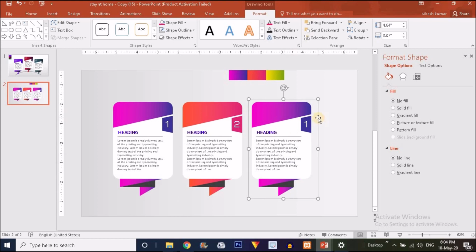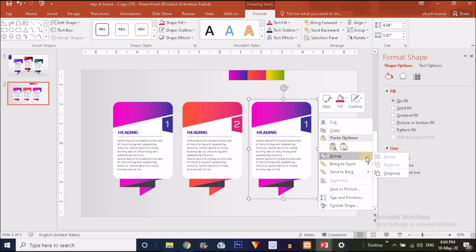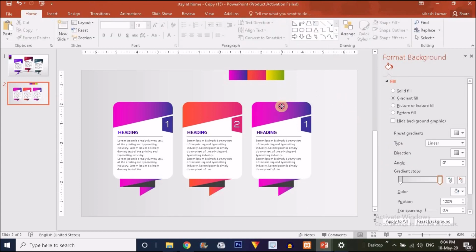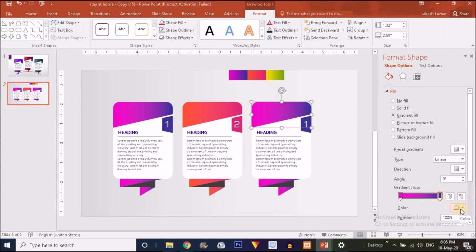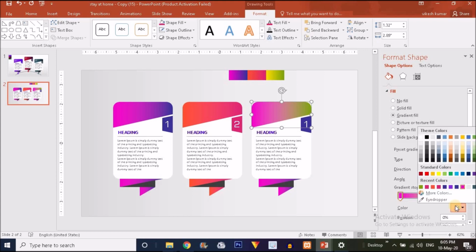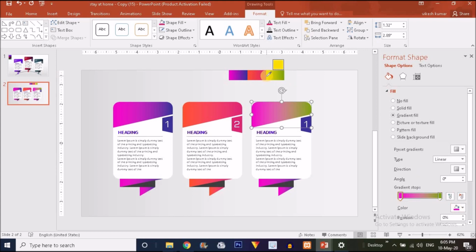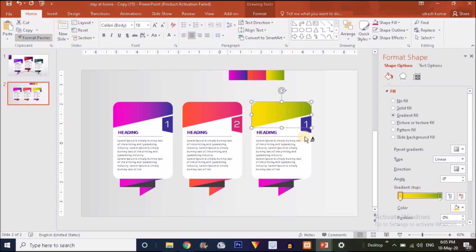Now select this. Before selecting, I'm just going to ungroup it so that I can use the format painter option. Just select this color, and for the right handle go to the eyedropper and choose this color from the color sample. And for the left side I'm going to select the eyedropper option and this yellow color from the color sample. Just go to the home and choose the format painter option and just click on this shape. Again go to the format painter option because the shape is already selected here from which we want to extract the color and put it on the next or other shape.